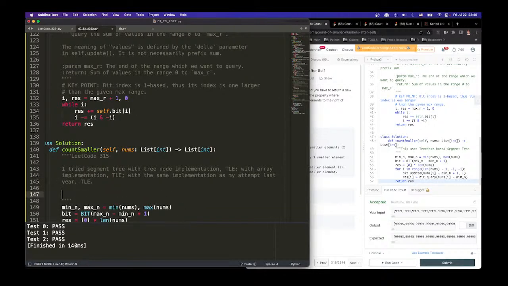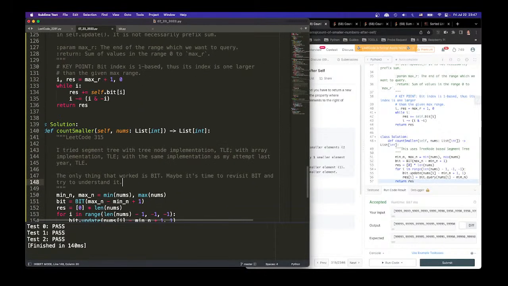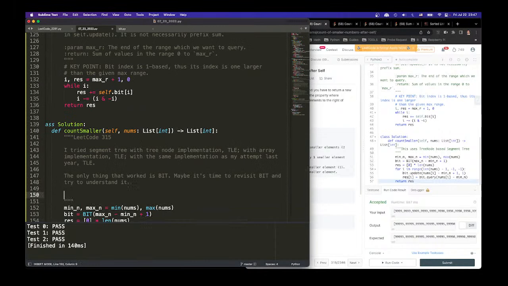TLE. The only thing that worked is BIT. Maybe it's time to revisit BIT again, to revisit BIT and try to understand it. I know there's a post to understand, but